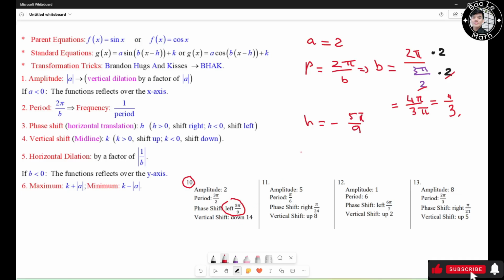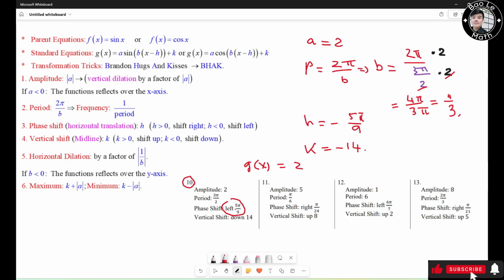Vertical shift down 14 units, which is k. So k equals -14, right? Now, we need to find the equation right here. So then, we just plug in the values, right? So we have g of s equals a, where a equals 2,